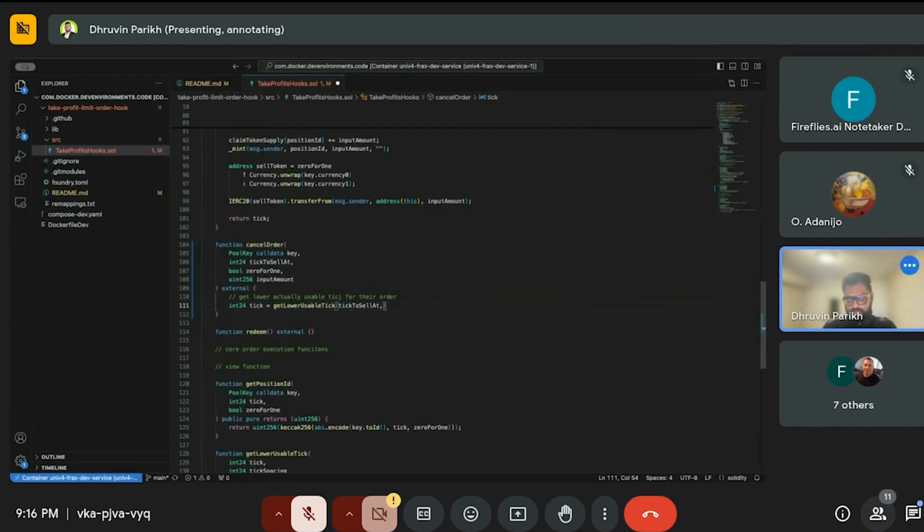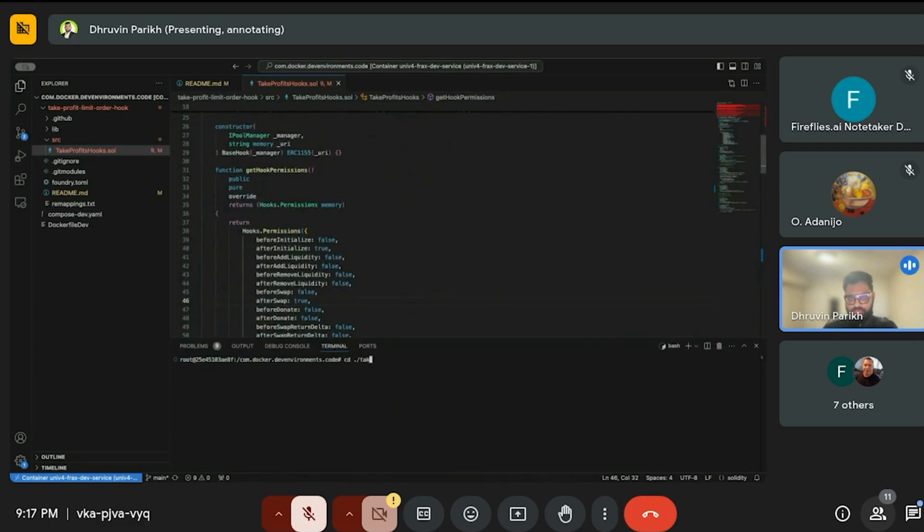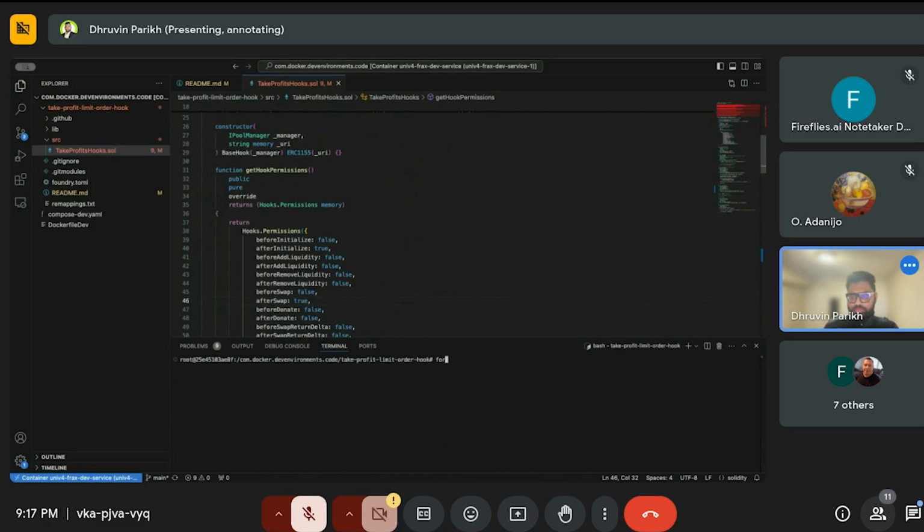And the key needs the amount for one key. Okay, then we need ticks. All right. I'm just going to go and get my forge running. Okay, so install